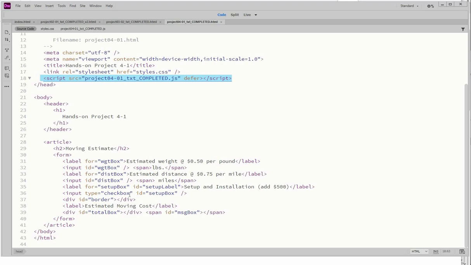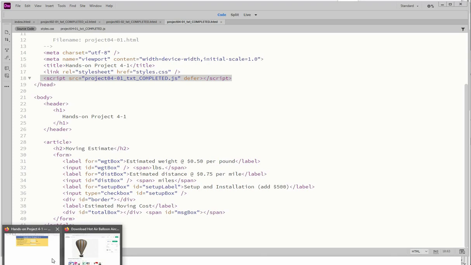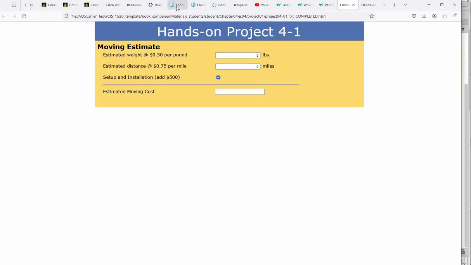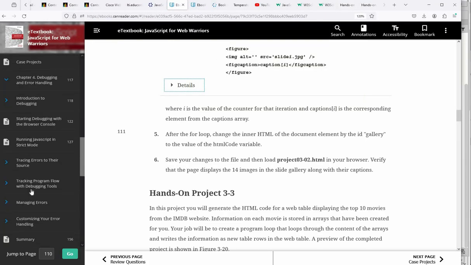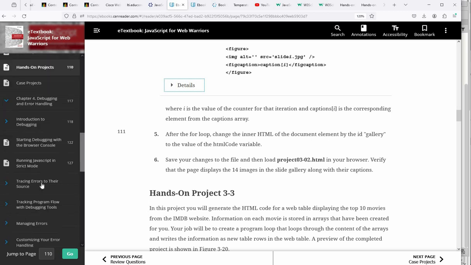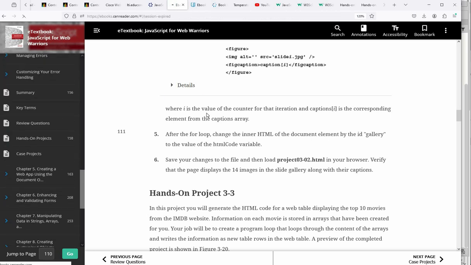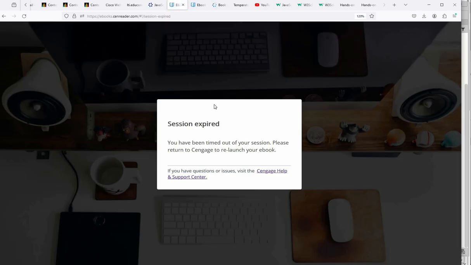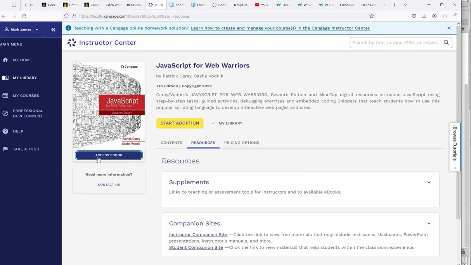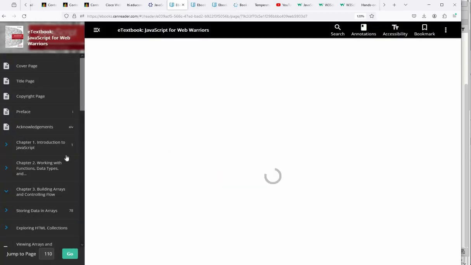Other changes on this, let's see, I don't think there were a lot of changes in the HTML file. We'll go back and check, let's see if I can find the project here. It's chapter 4, and I think it's 4.1. Oh my gosh, this expires constantly. Hopefully it'll let me back in. They won't let me just sit here and work with this. Okay, so